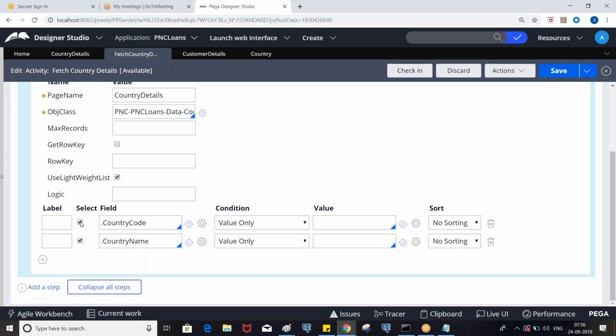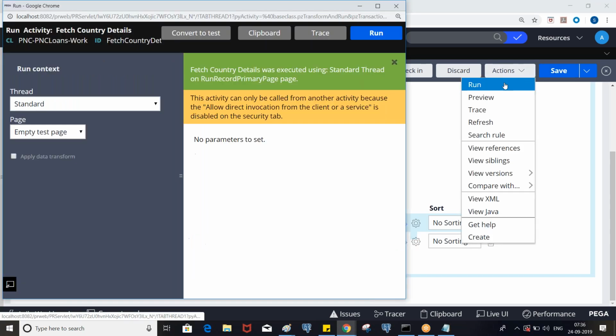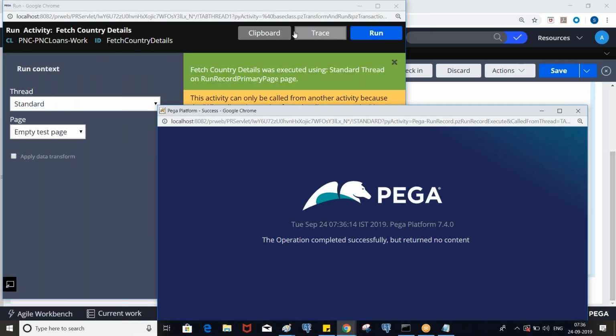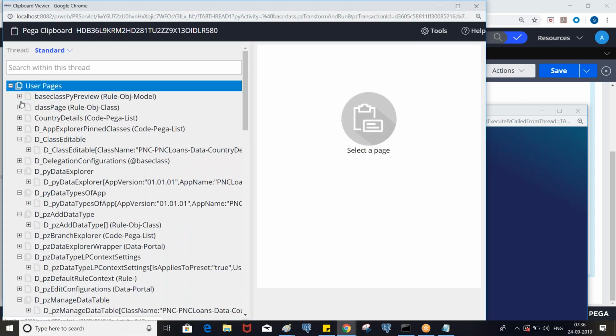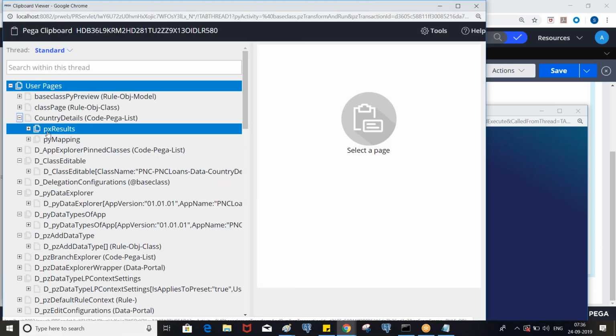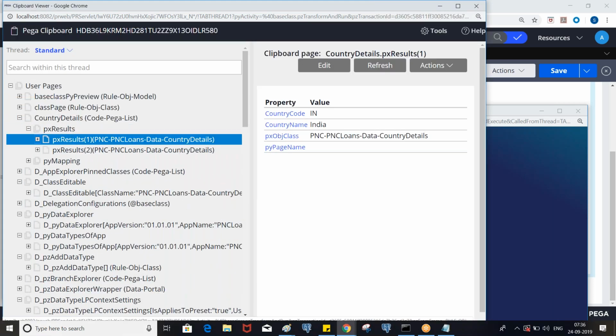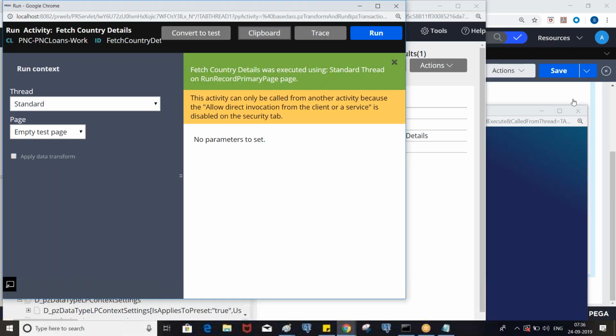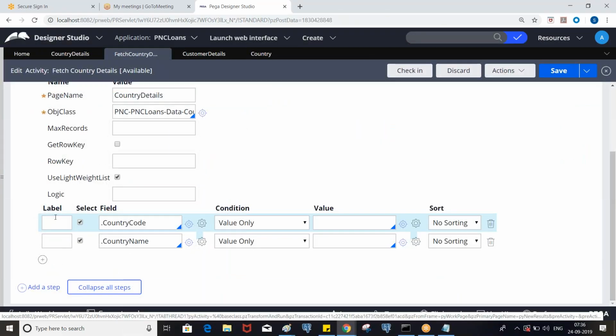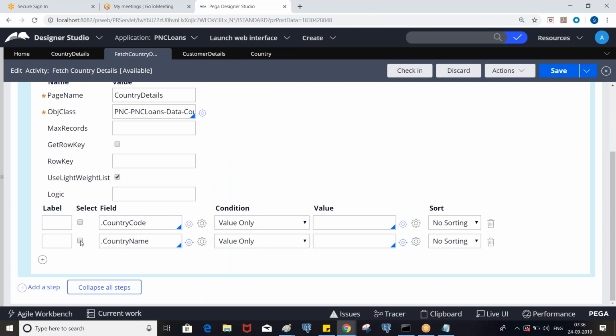Now let's execute it. Both will be displayed on the clipboard page, right? Country code, country name. Now I'm deselecting these checkboxes and let's see what will happen.